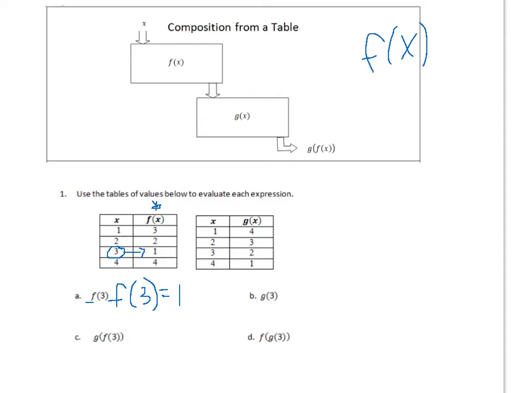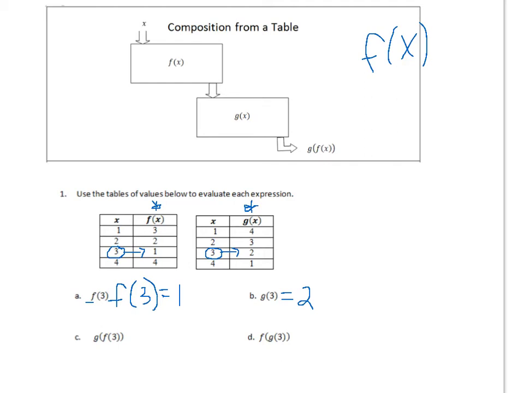Similarly, when I look at the g of x function, if I'm trying to find g of 3, I find where x is 3 in the table, I look at the y, here the y is 2, so g of 3 equals 2. Now, using my function machines and composition,